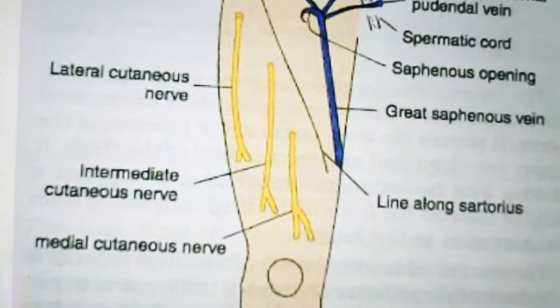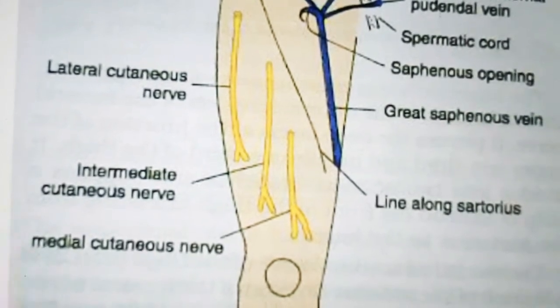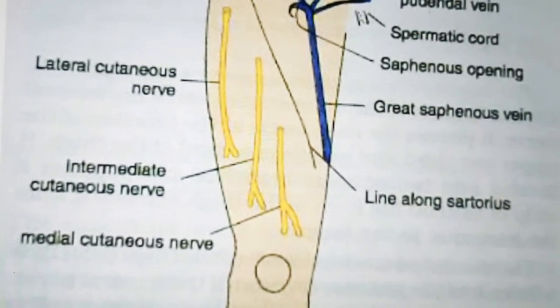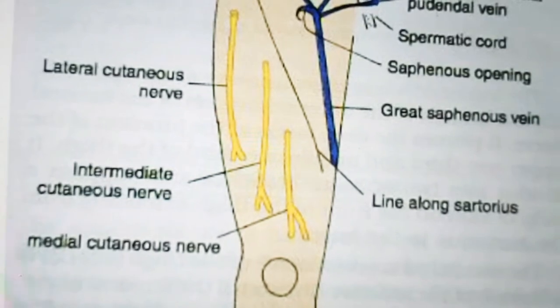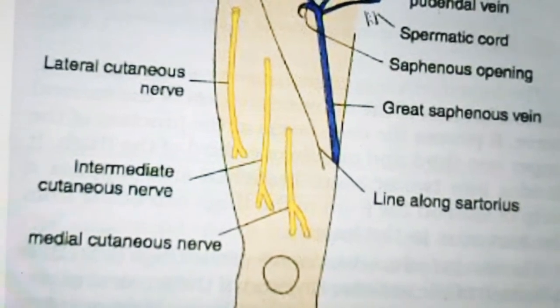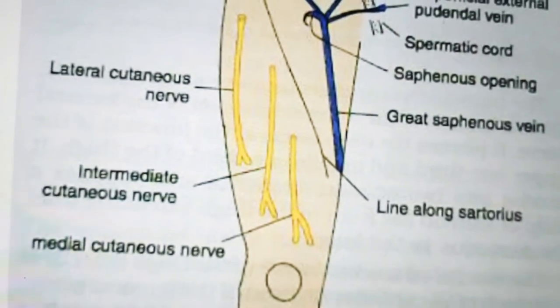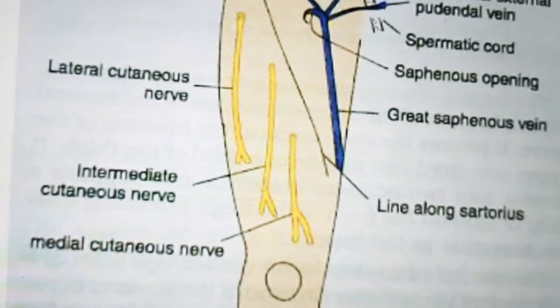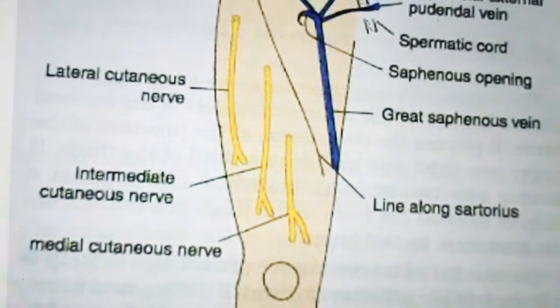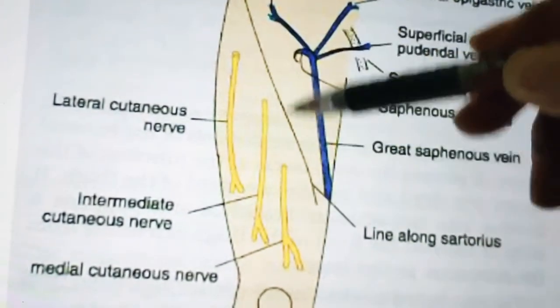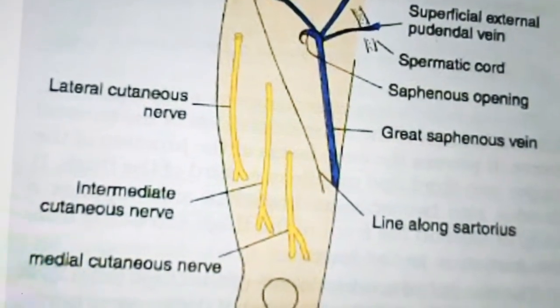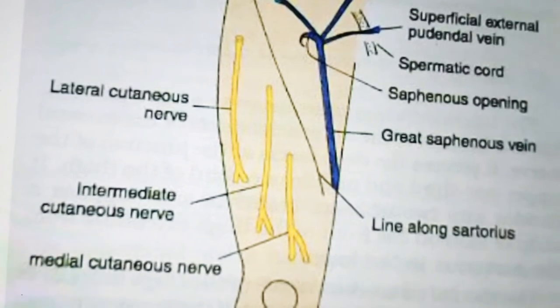Of course, cutaneous nerves, as we discussed, lie between the fatty layer and the membranous layer of the superficial fascia. So the skin of the front of thigh is mainly supplied by 7 cutaneous nerves. Let us see what those are. They are derived directly or indirectly from our lumbar plexus. In addition, the skin over the upper lateral part of the thigh is supplied by the lateral cutaneous branch of the subcostal nerve.